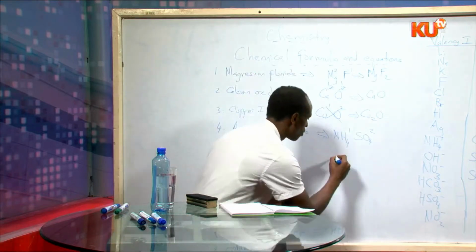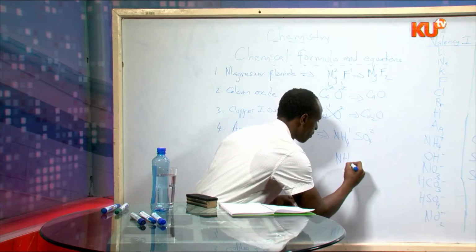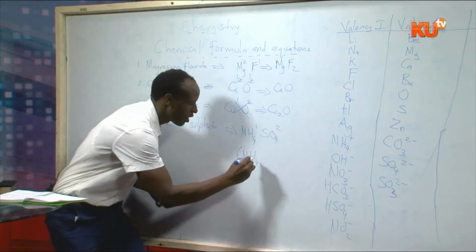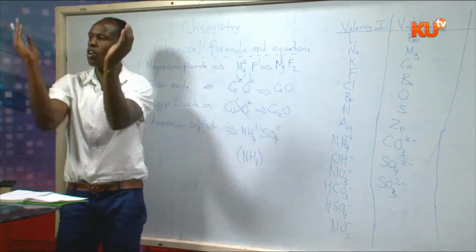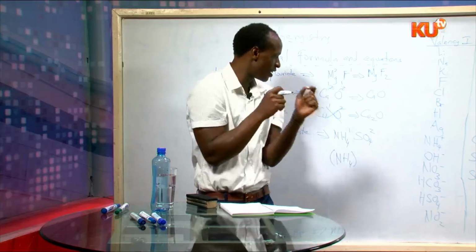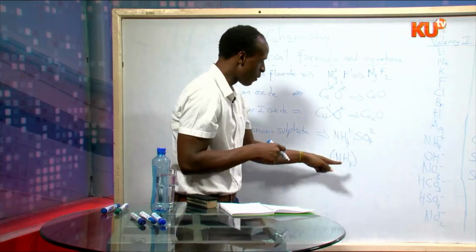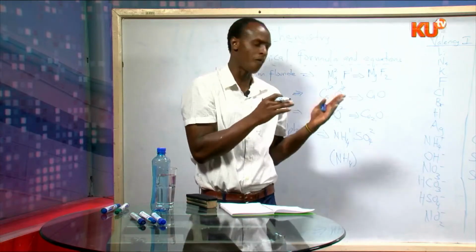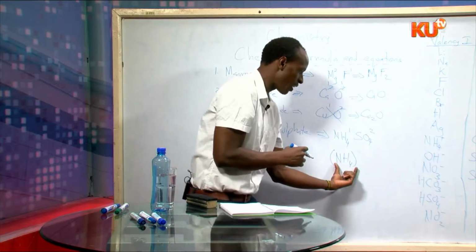So when we interchange, it will be NH4. Because you want to put a 2, I have to put the whole of ammonium in brackets, because the whole ammonium is the one which will react in the ratio of 2:1. If you don't put a bracket, it will be NH42, in which case you have changed the formula of ammonium. So always, if it's a radical,